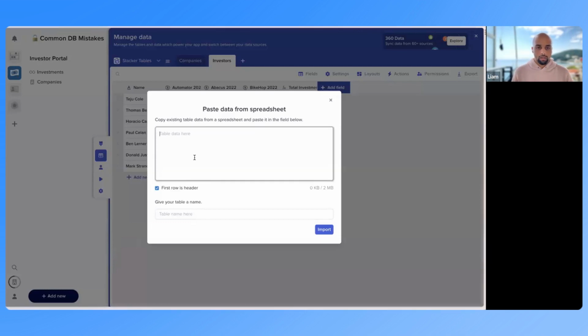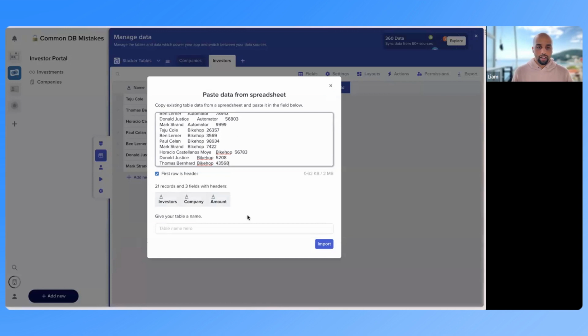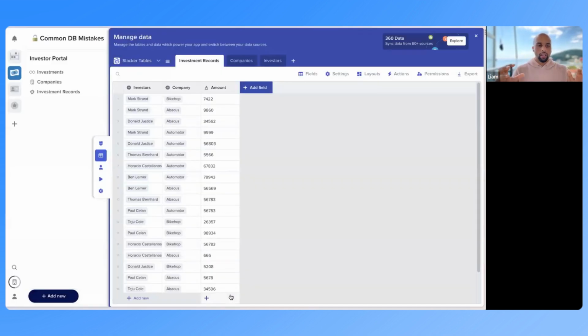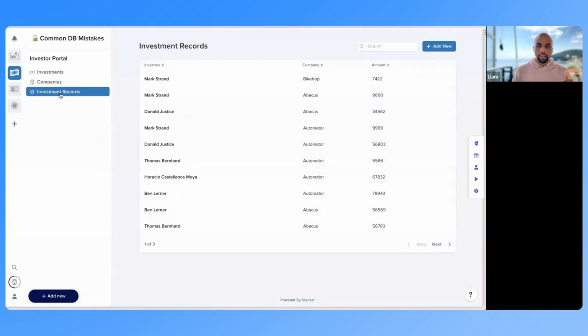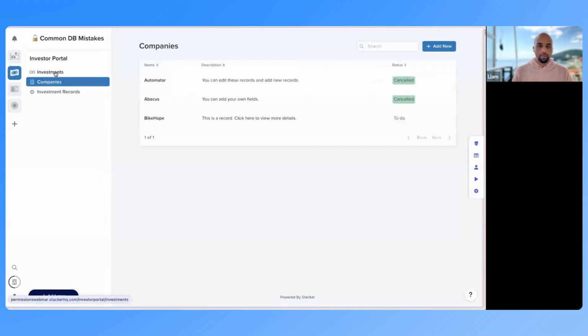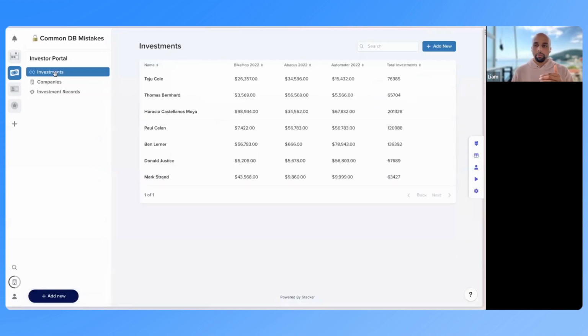So just paste that in. Okay, we'll just call this investment records, we'll say. We'll import those. So now we've broken this one table apart into 3 objects. And you'll notice that's now reflected in the UI where we've got 3 different pages. And when we set up the links,